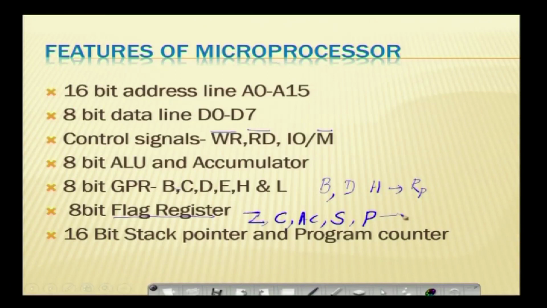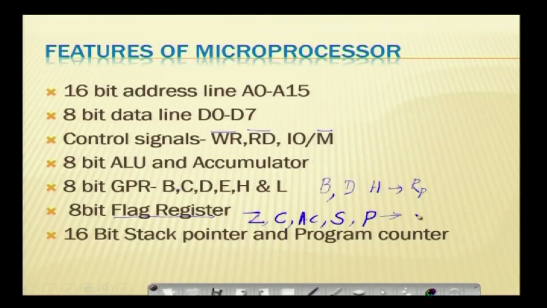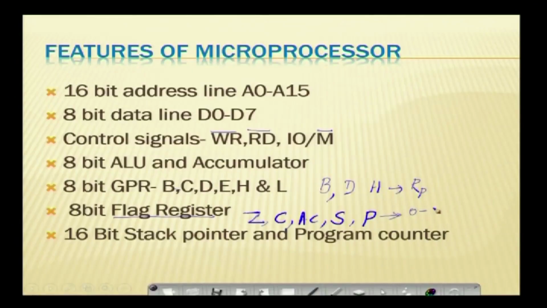Parity is used for error checking. During communications, we can check whether it is even parity or odd parity. So, how are we indicating whether the data is in odd parity or even parity? When the parity bit position is 0, it represents odd parity. When the bit position is 1, it represents even parity. So, based on that, during the receiving section, they will identify whether an error has occurred or not. Whatever the transmitter sends with odd parity, the receiver also expects odd parity. So, the flag register will give the status of these 5 flags.